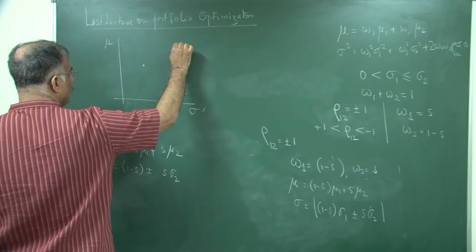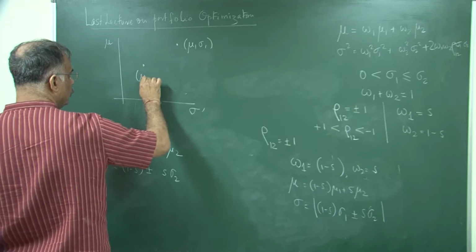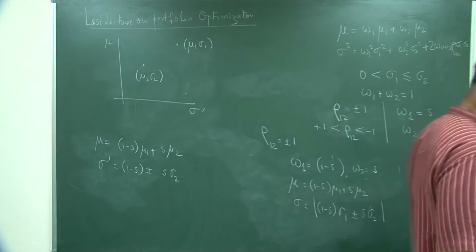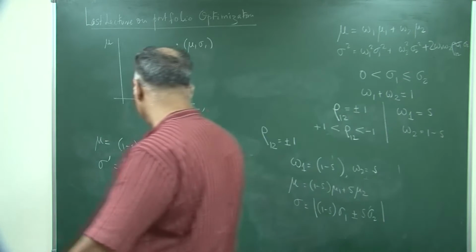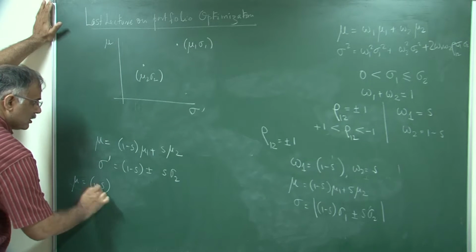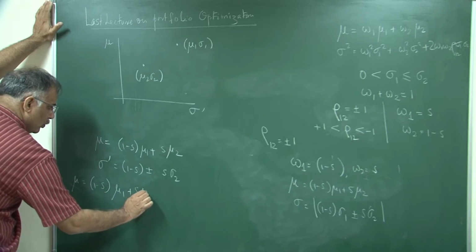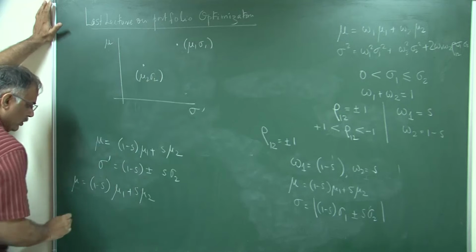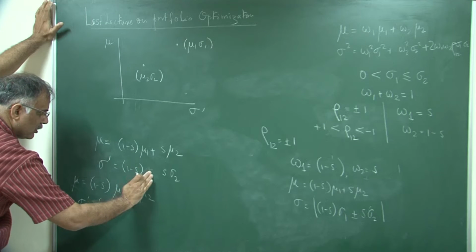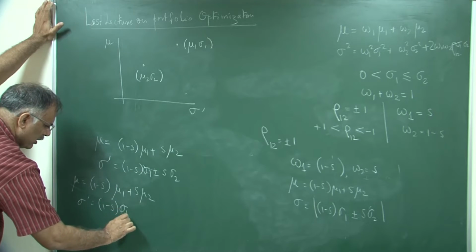Suppose you have these 2 points, mu 1 sigma 1 and mu 2 sigma 2. First consider the plus case. First consider this set, mu equal to 1 minus S mu 1 plus S mu 2, and sigma dash is sigma 1 plus S sigma 2. So, if you consider the plus case,